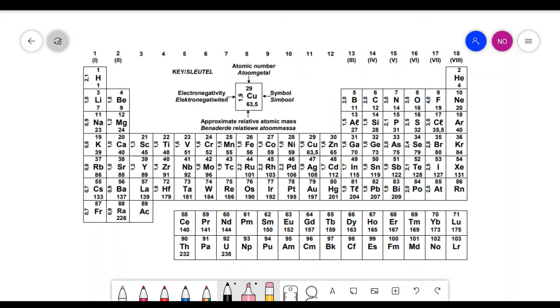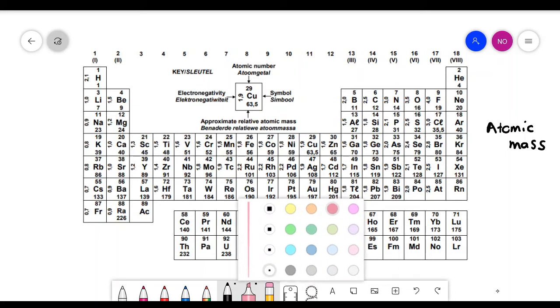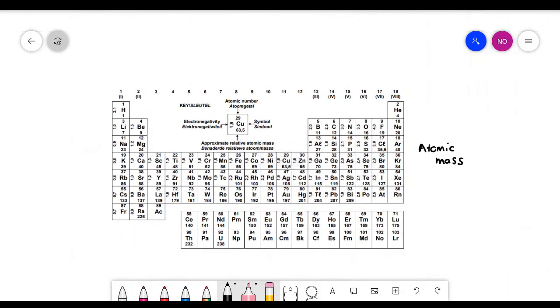Do you agree that the atomic mass increases as you go down? Oei, hy is nou groot. Ek dink is omdat ek baie ingezoom is. It increases as you go down the periodic table and it also increases as you go to the right hand side. In other words, if I'm looking at